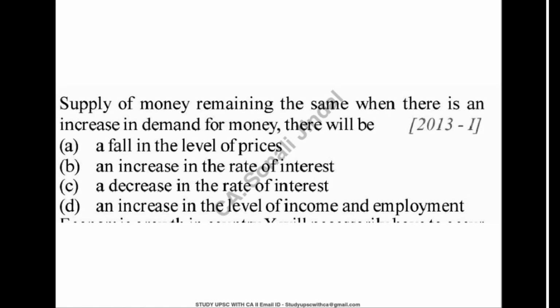Let's discuss this question. Supply of money remaining the same. So it is saying money supply is same, but there is an increase in demand. Here in this question also the trick I discussed earlier can be used. That is, we reach to the answer B or C as these are exact opposite of each other. But let's solve it by concept. If there is the same money supply and increased demand,